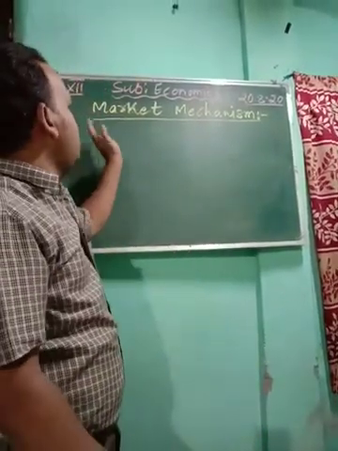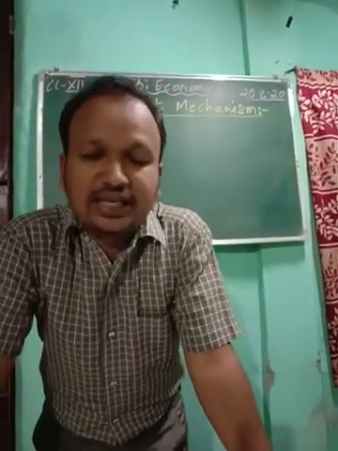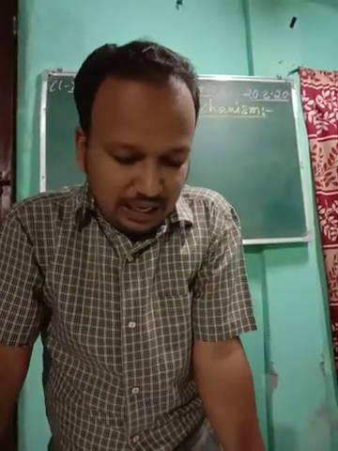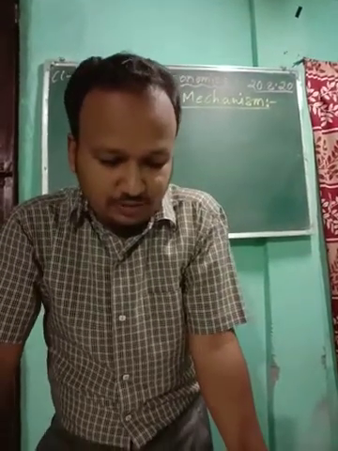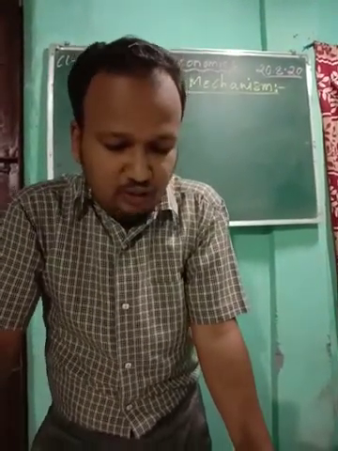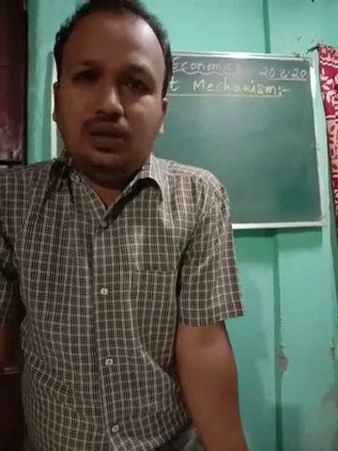Look at the blackboard. So today we are going to do market mechanism, about equilibrium price and equilibrium quantity in a competitive market. First I am starting with the basic ideas of equilibrium and disequilibrium. What do you mean by equilibrium? Equilibrium refers to a situation in which the quantity demanded of a commodity is equal to the quantity supplied of a commodity. That means when demand and supply are equal, in simple words, we call it equilibrium.